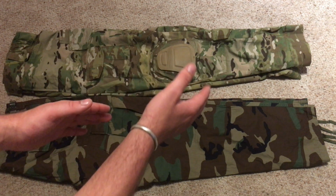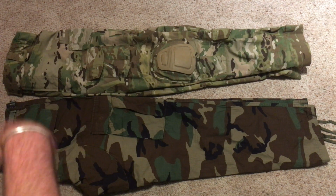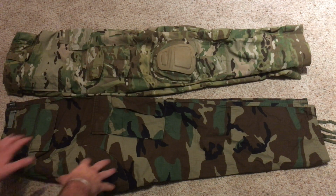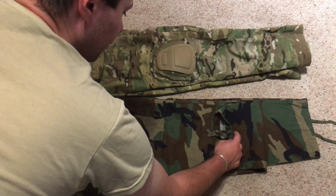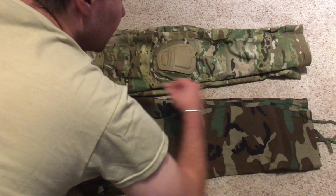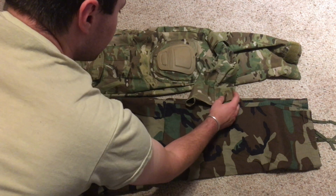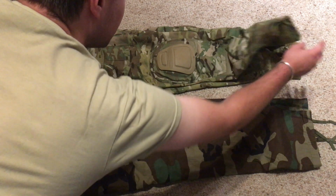So we're going to start at the bottom on the front, and then we'll cut the video again and look at the back of the uniform, as well as some of the weird additional features, so just bear with me on that. So the BDUs, obviously, drawstring cuffs, basically little 1/2 inch, 1/4 inch nylon drawstring finishing tape. The combat pants, Velcro tabs to adjust the cuffs,